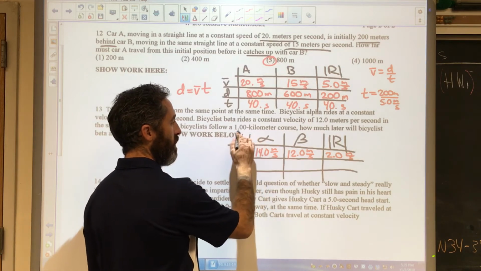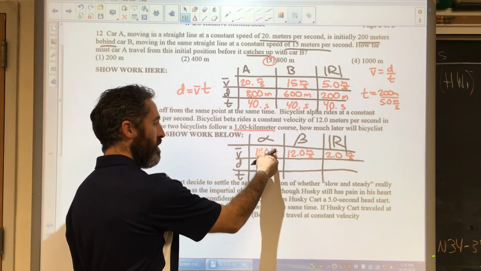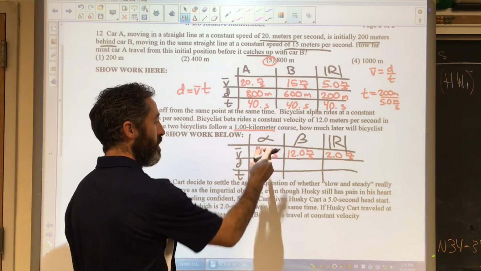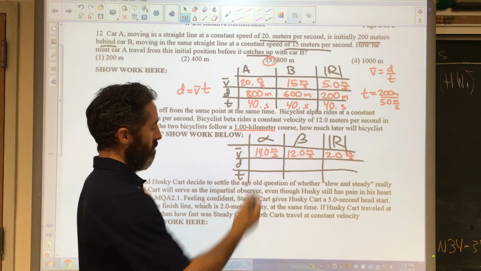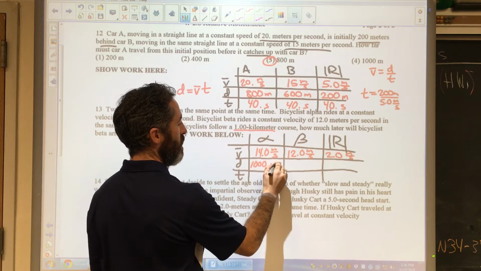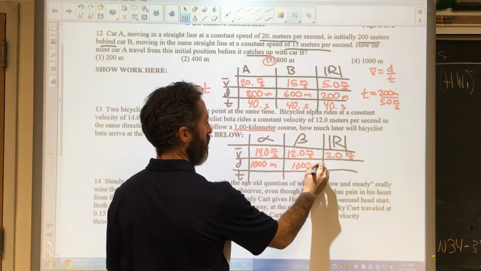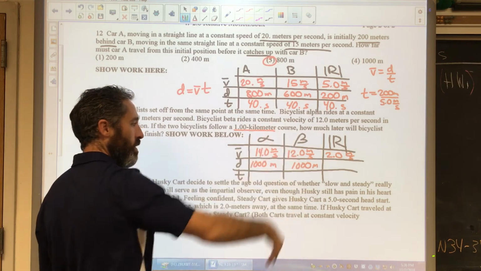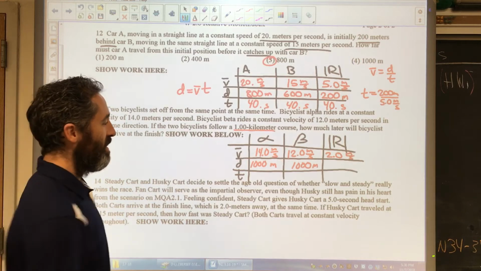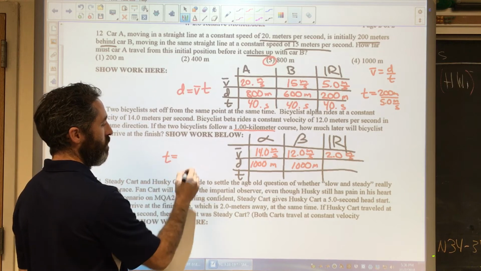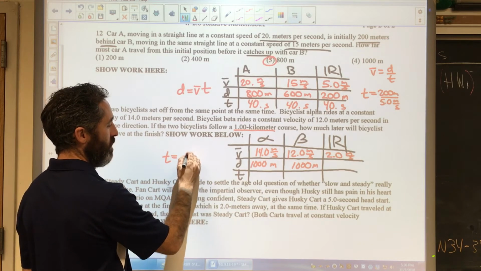Now notice, this 1 kilometer, I'm going to adjust because this is in meters per second. So you can do it all in kilometers, but this says meters over here. So let's put it all into the same base unit. So this is 1,000 meters, so is this. How much later will bicyclist beta arrive at the finish? Now we're talking about times, but check this out. We got some action. So the time here, well, do your quick rearrange, that's D